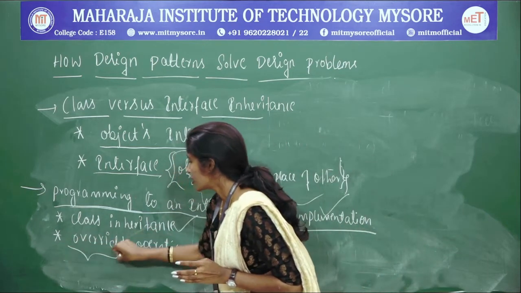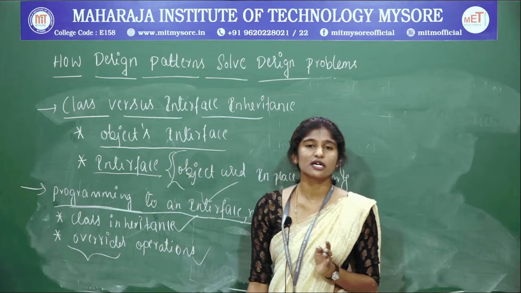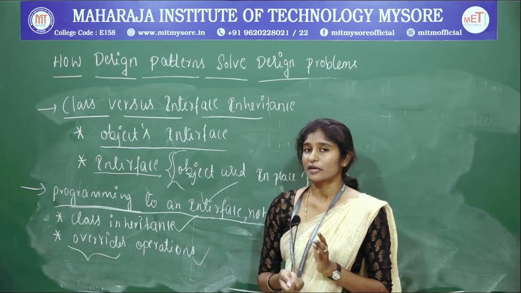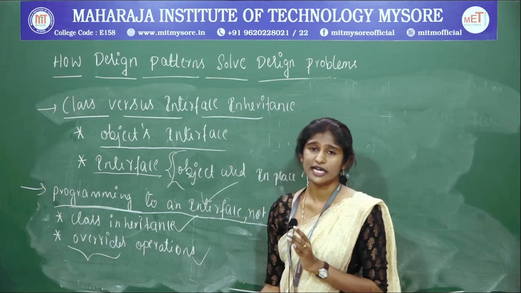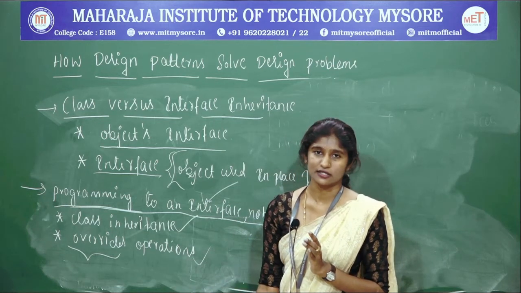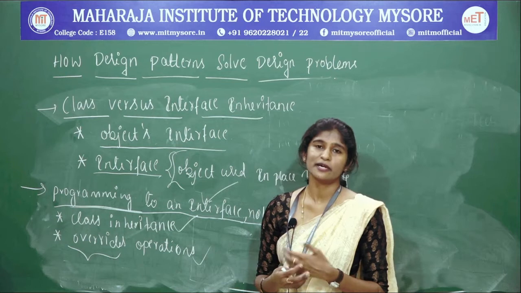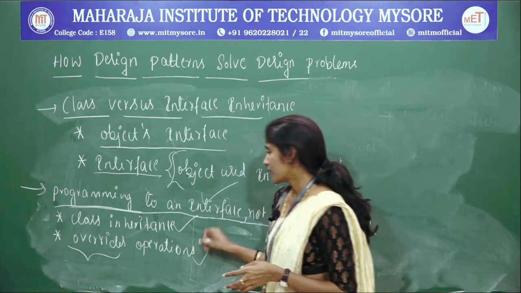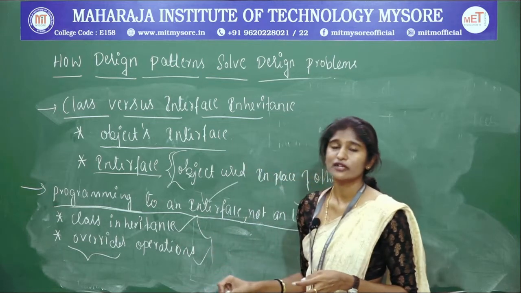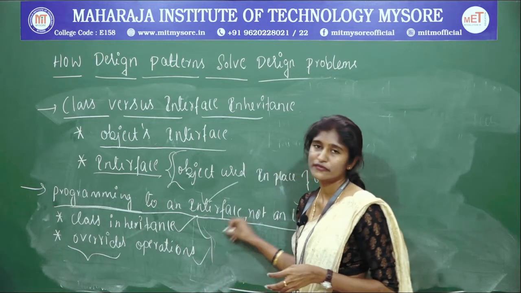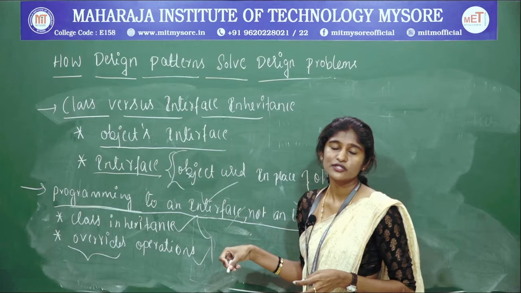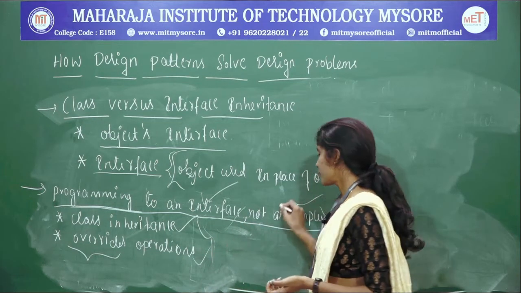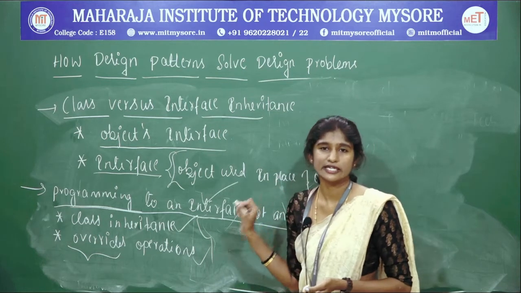So here I have written "overrides the operation", meaning the definition and functionalities written in a parent class can be overridden in the child class, in a subclass, in a derived class. So I can change the implementation details given in a parent class, right? That is what he has given: if you have a well-designed interface, it is more helpful for connecting the parent class and the subclasses, instead of exposing more implementation details.